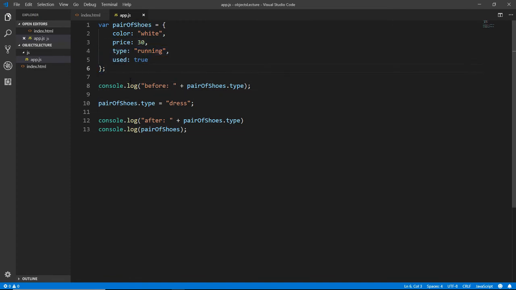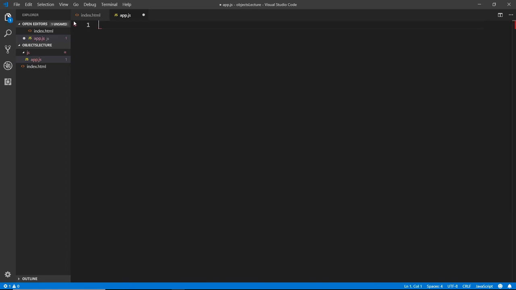So that's the beginning concept here. Let's play with this idea a little bit though. So I'm going to do something a little bit more advanced with this. I'm going to make a collection of objects. So var, what might we have that would be multiple? How about shoe collection? I'm really on shoes today apparently. And I'm going to do an array here. So I'm actually making a collection of objects. And I've got that kind of array-like syntax. And then my first entry in there is actually going to be